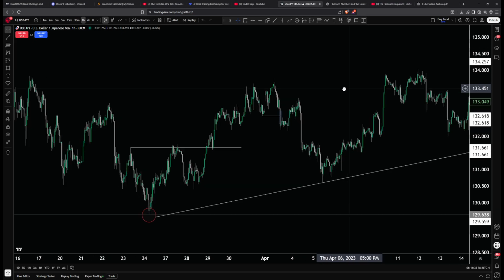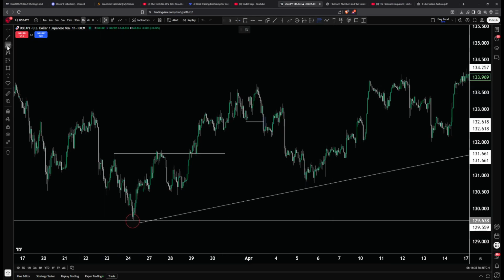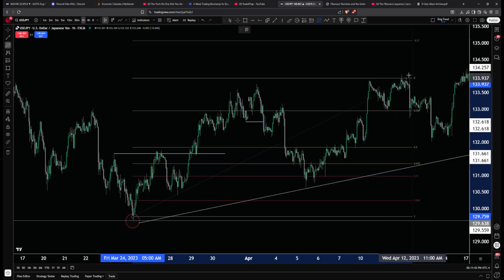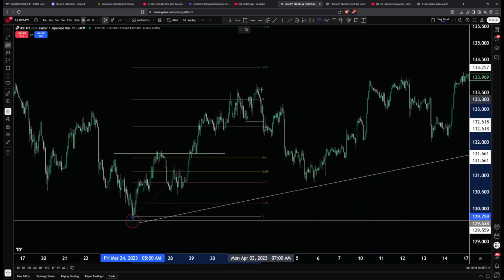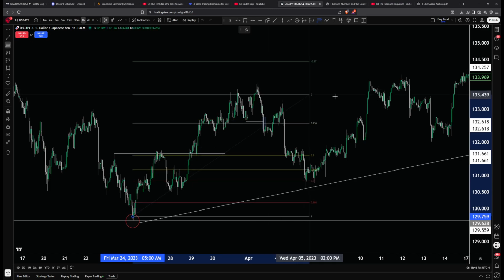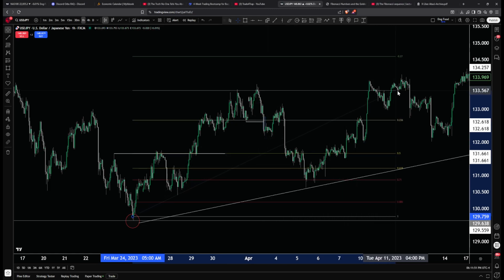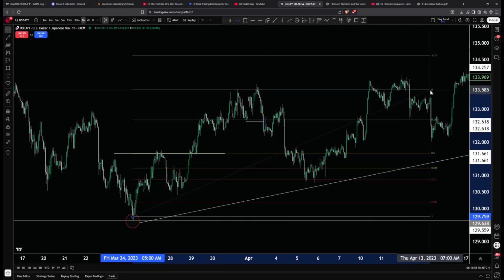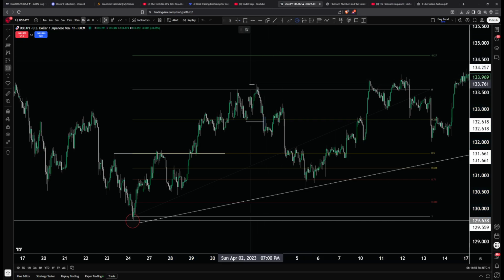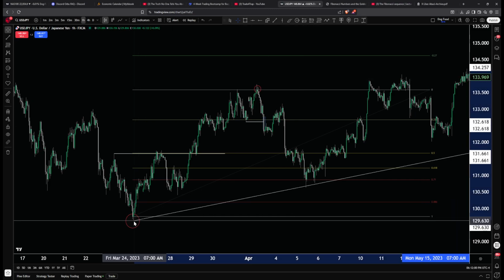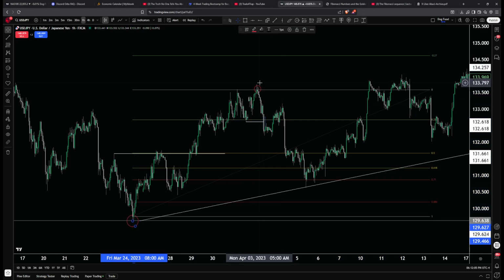So what I want to do is grab my Fibs because I'm looking for buys. I want to grab my Fibs from the low, the body of the low, to the body of the high right there, right? So I'm going to put it here, but I'm going to extend it into the future. All right, so very simple. From the low to the high, because I'm looking for buys. From this low to this high